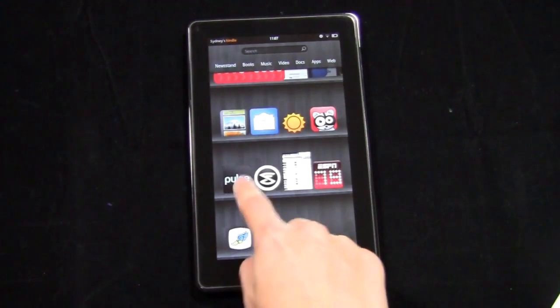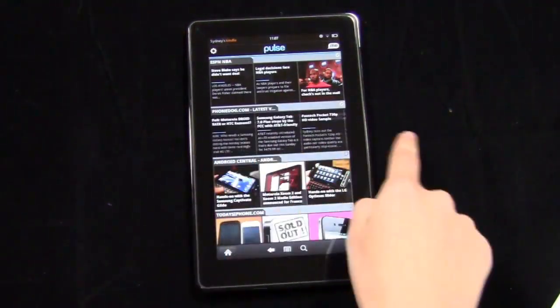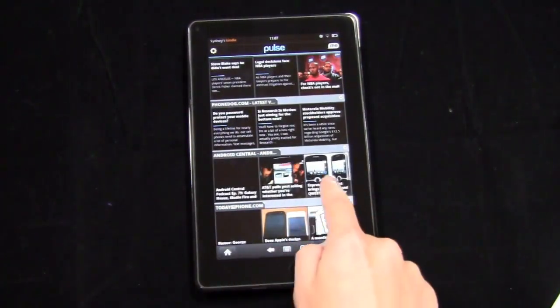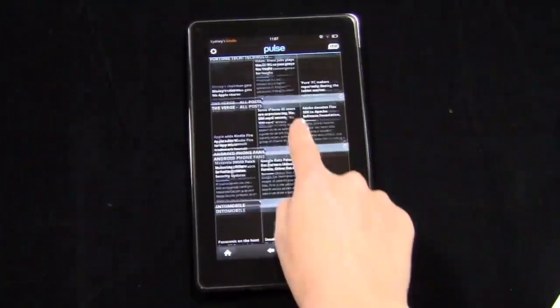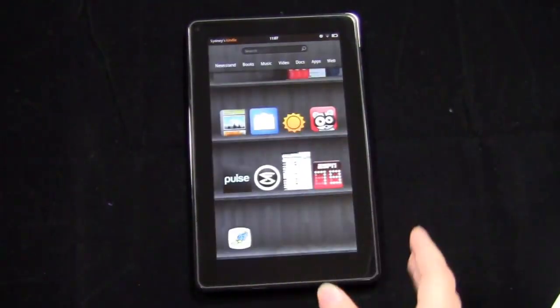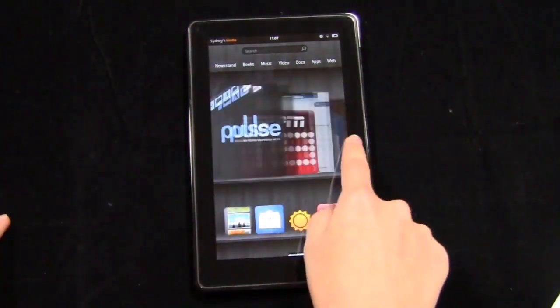We'll go over to Pulse. You can take a look at another app and what it looks like on the tablet. This is pretty smooth. You can see scrolling is not too bad. Maybe it takes a little while to load the pictures, but that's just based on your Wi-Fi connection. But overall performance of the device is good, and there's nothing to complain about based on the fact that